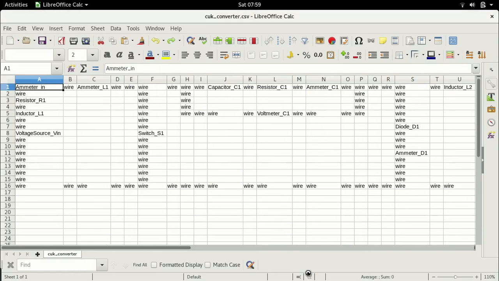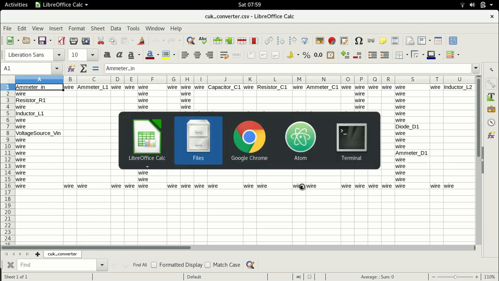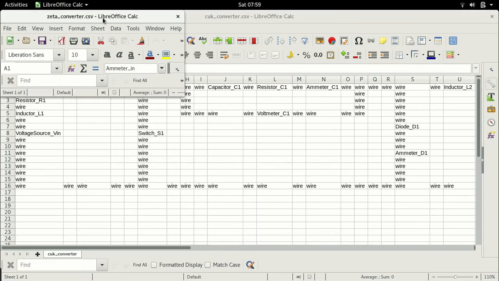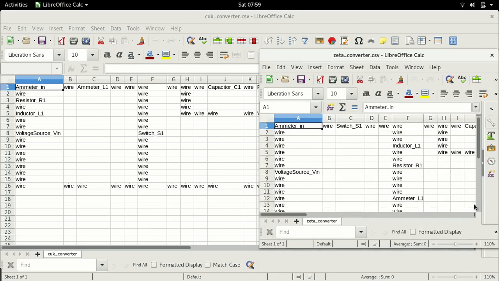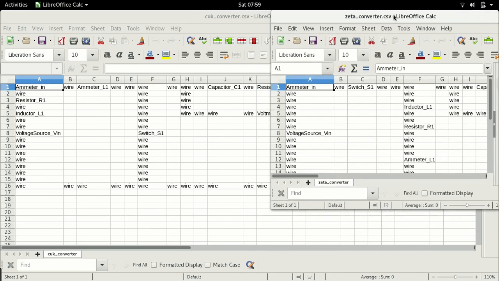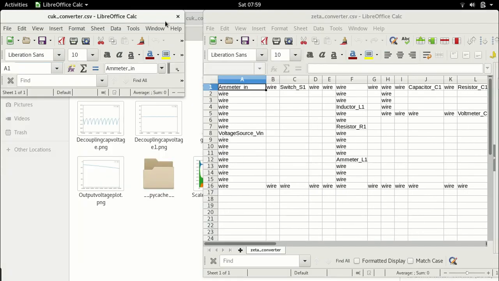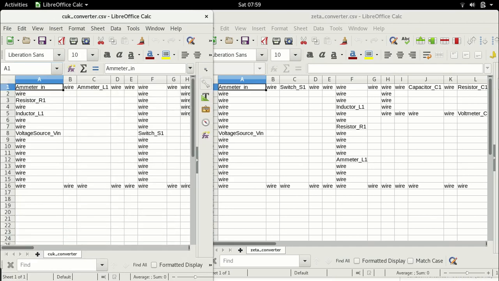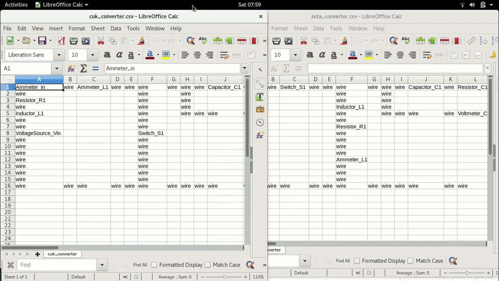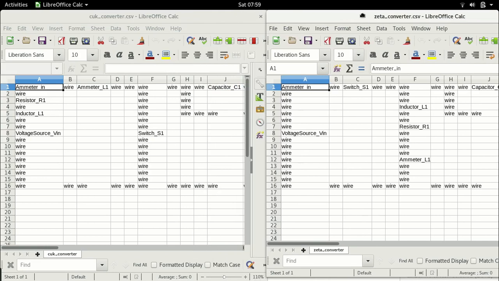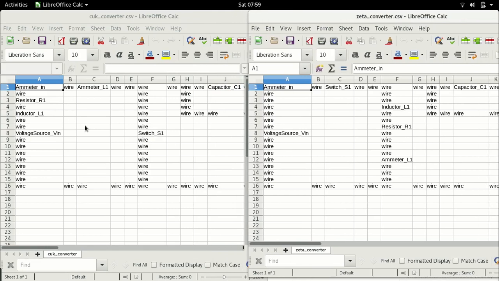as we were drawing the different converters, we saw that there was a fair degree of similarity between them, right? So let's compare the CUK converter with the ZETA. And for this, let me resize this, and let me resize this as well, so that I can place them side by side. So I have the CUK on one side, I have ZETA on the other. So the first and foremost